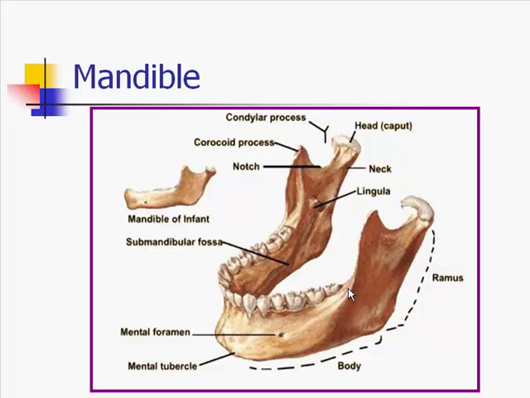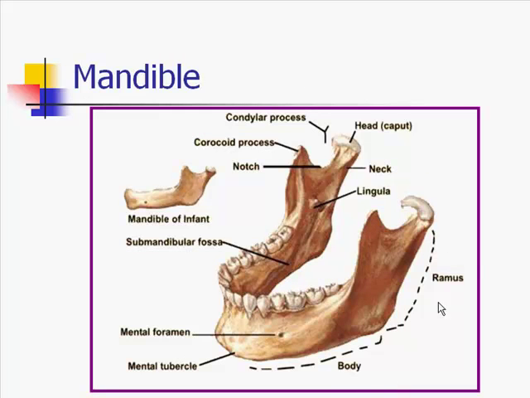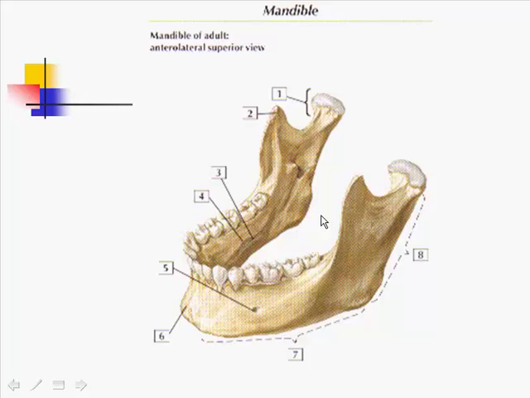We also note the lingula, which is a bony spine overhanging the mandibular foramen. Again, I'm going to try to move, I wish this wasn't so sensitive, when I move my mouse,